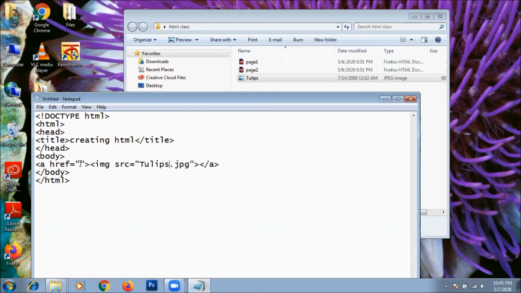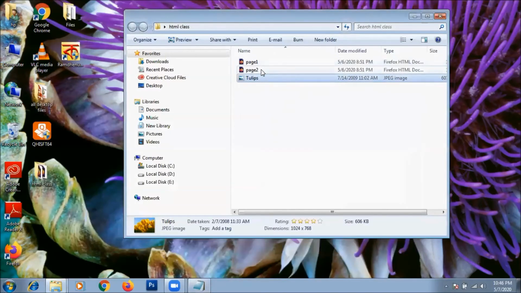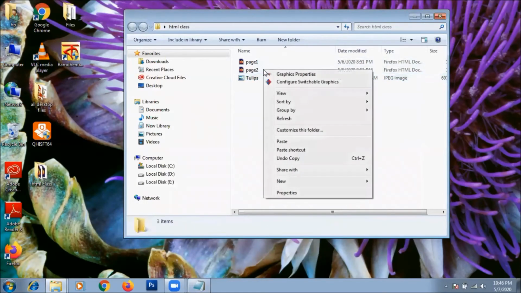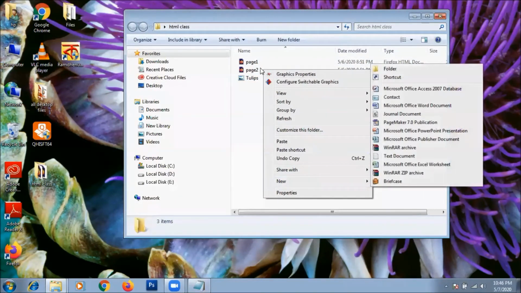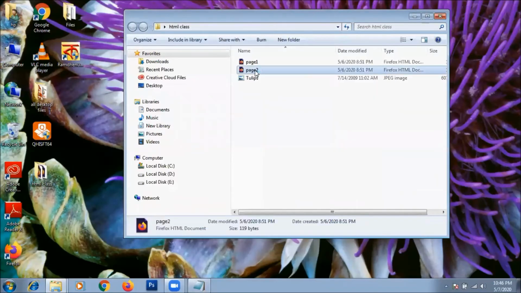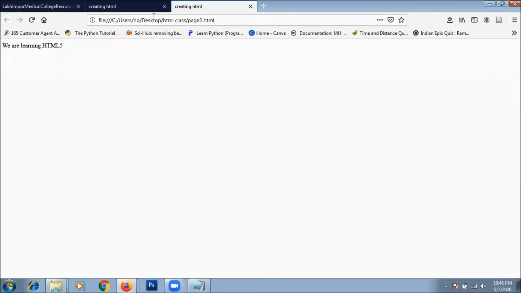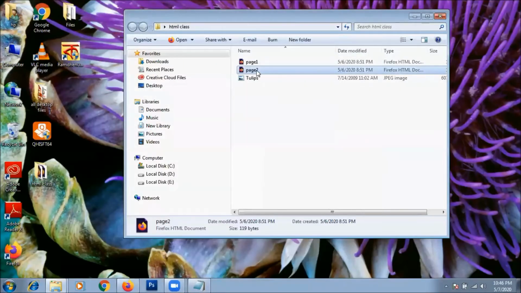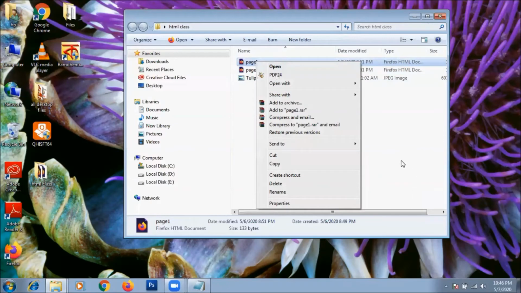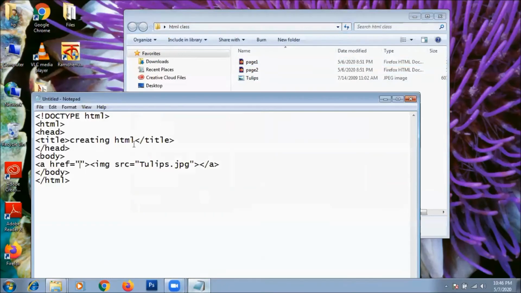As well as here we need the web page where we have to jump. I told you that I will use an already existing web page, page 2. Let us see what we have. It is a simple web page, and we'll use this page 2. Go to the existing notepad.